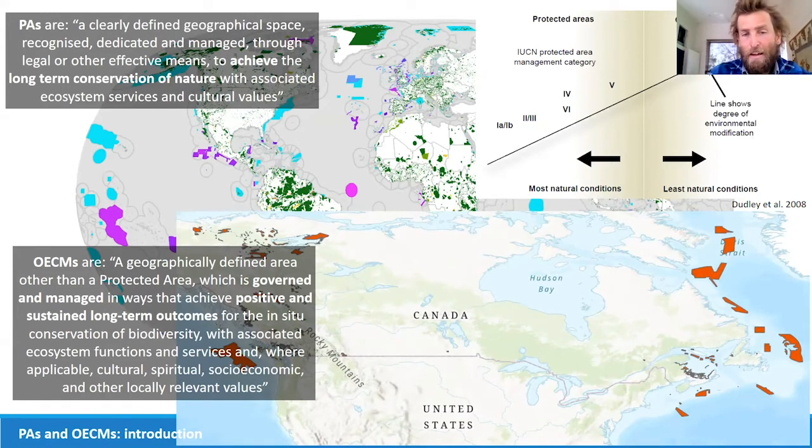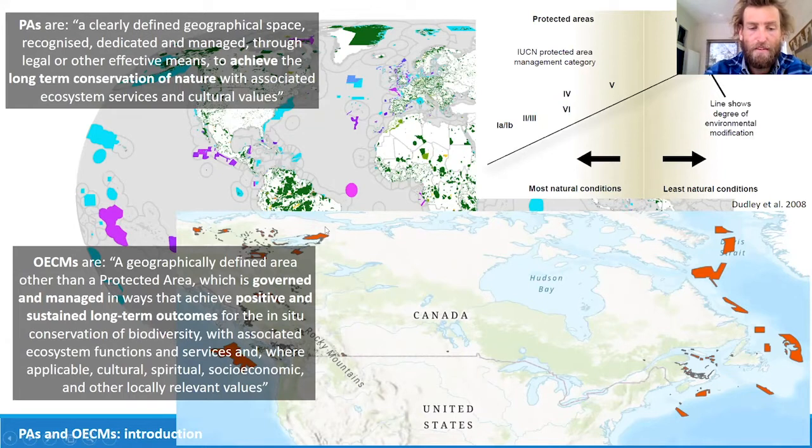OECMs are different. On a personal point, I don't really like the term OECM, and it is under active revision at the moment. People are trying to find out what you actually call these things. I like the term conserved area, so then you have PAs and CAs maybe. Other effective conservation measures sounds like an afterthought right from the start. But anyway, it's an opportunity nonetheless, and in my mind something at the forefront of area-based conservation policy and planning for this next decade.